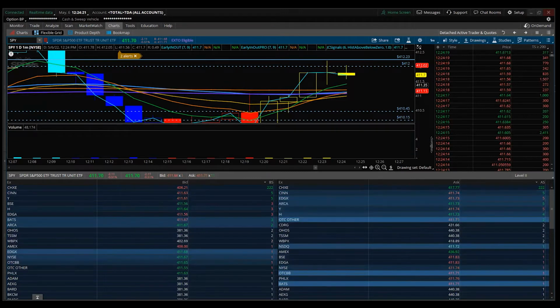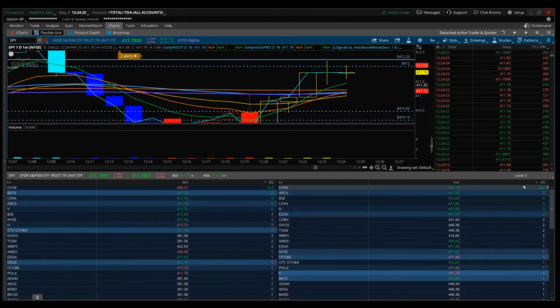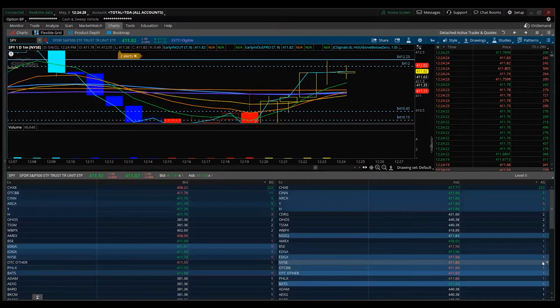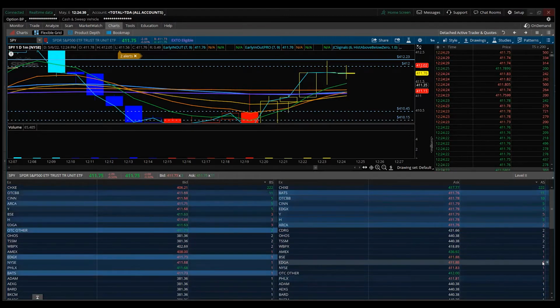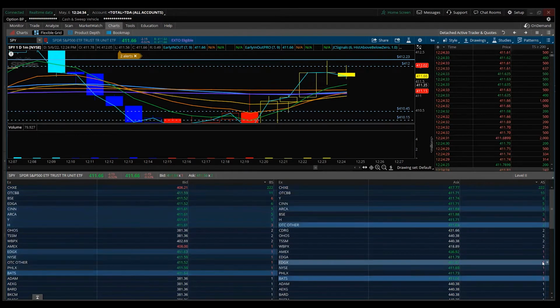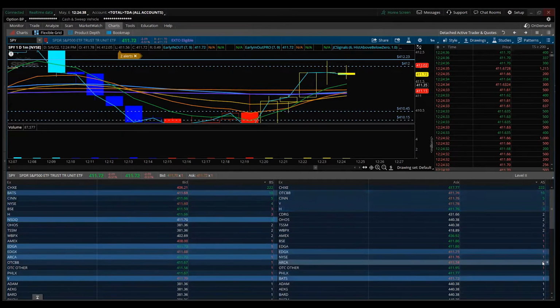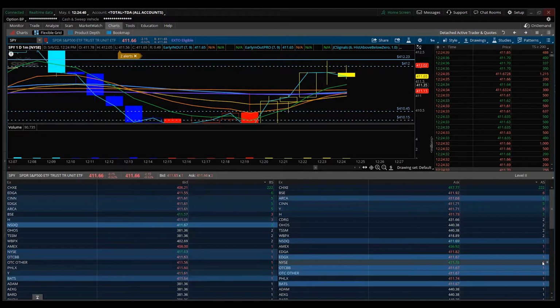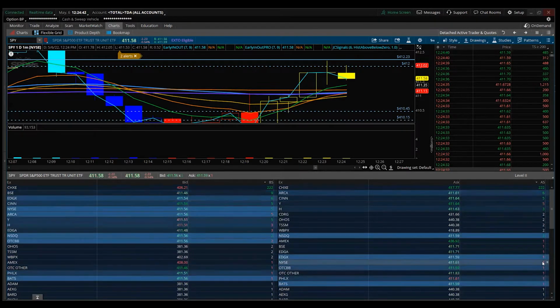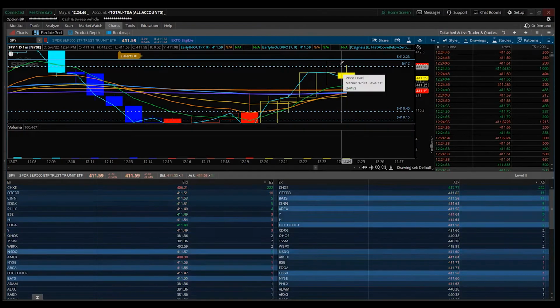Is heat map better in your opinion? Yes, 100%. We'll do a lesson about heat map next week, but just to not confuse people, level 2s and times and sales are basically the book map, the heat map, visually represented. That's basically it. But anyway, as you see here, we didn't hold 412,